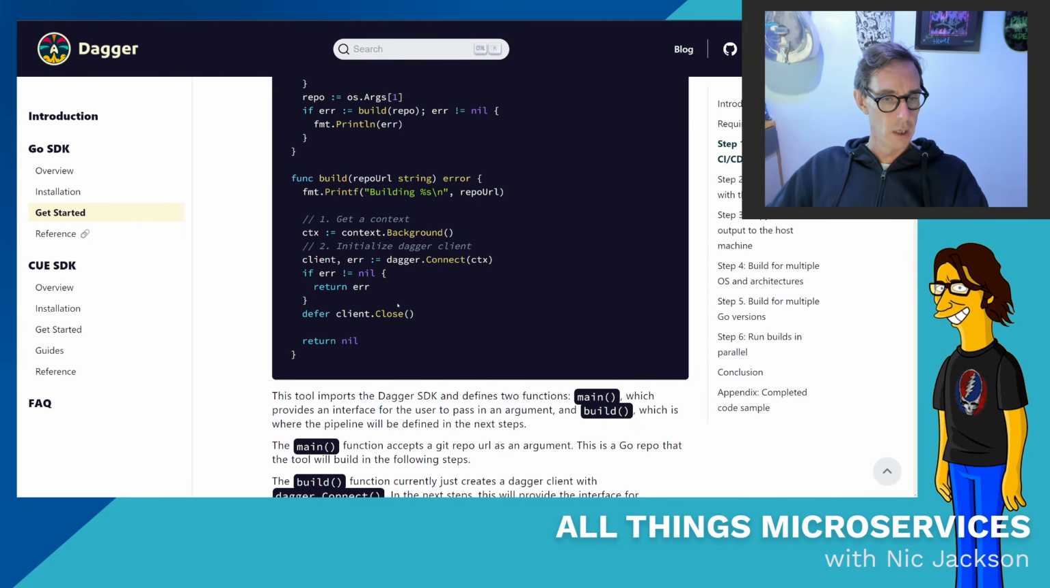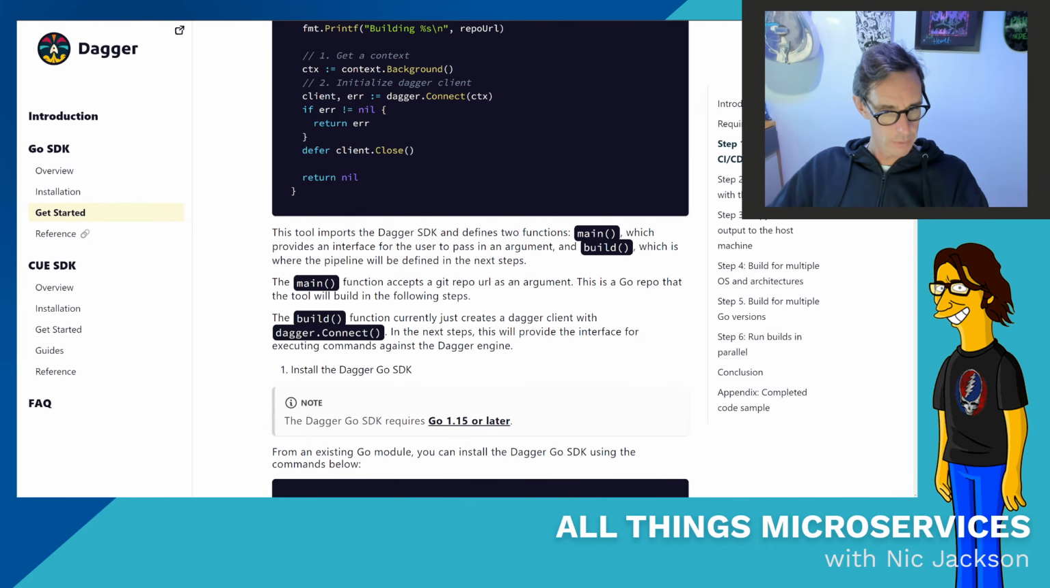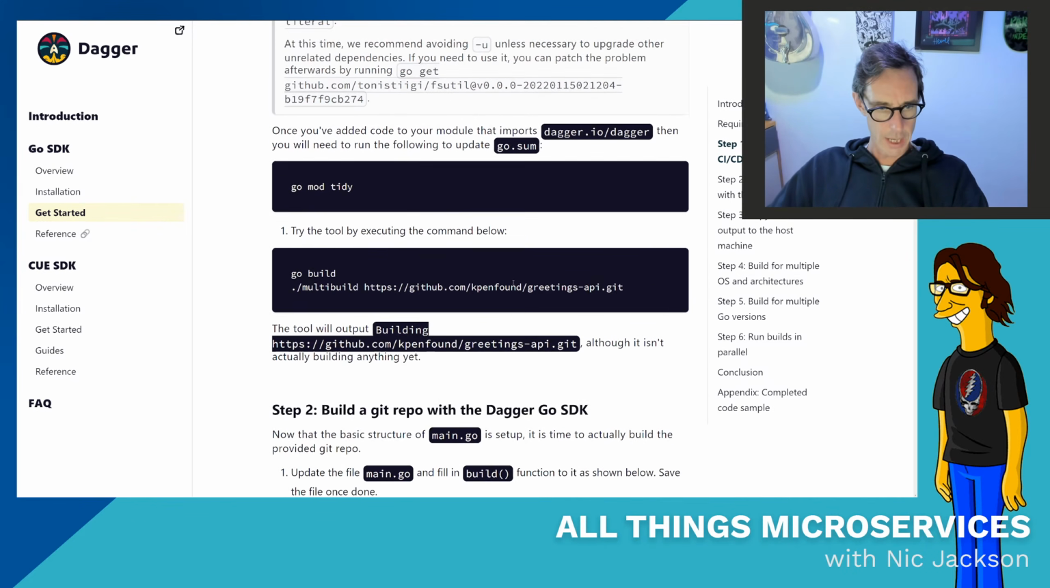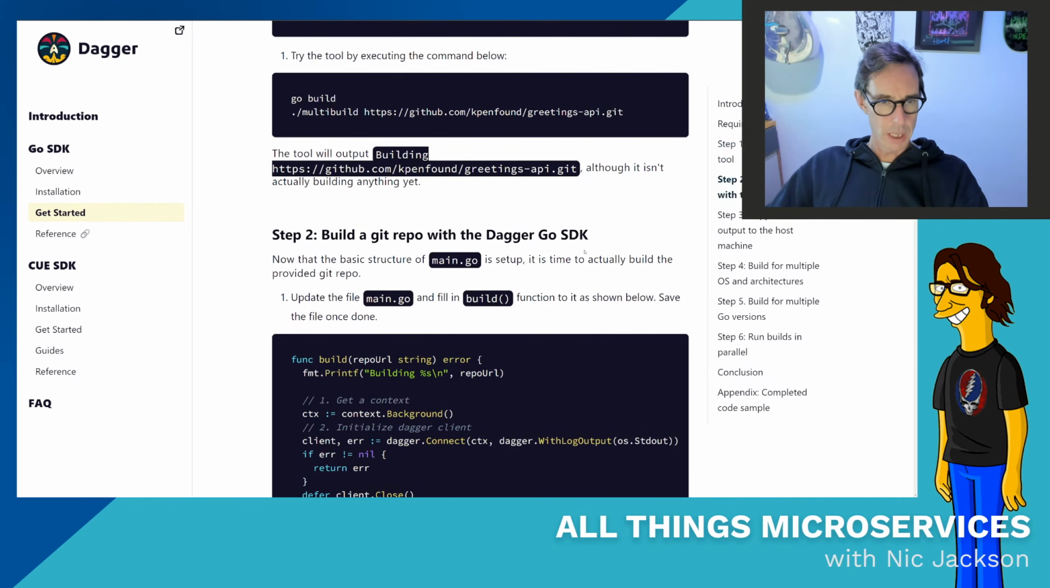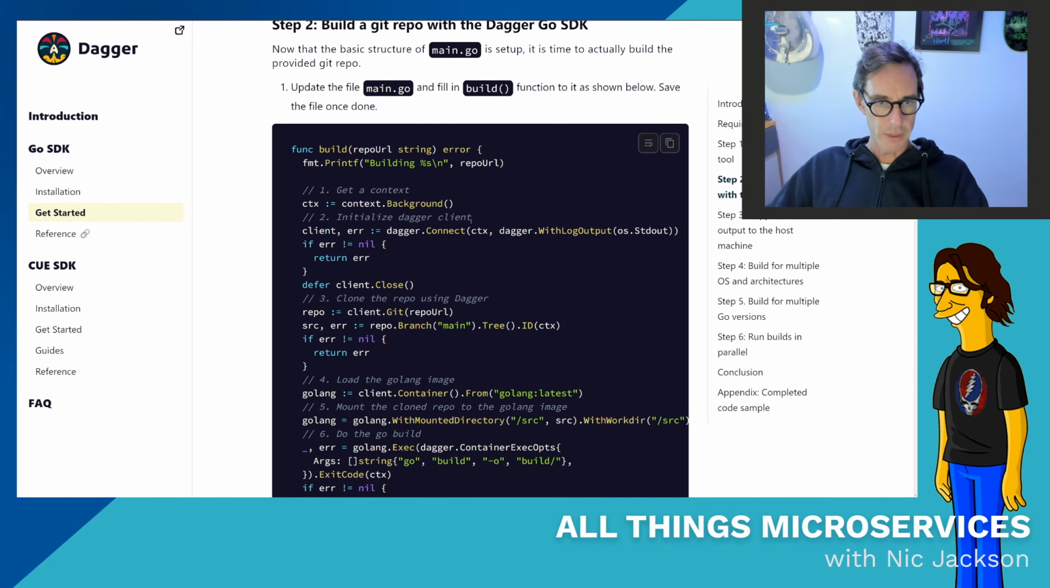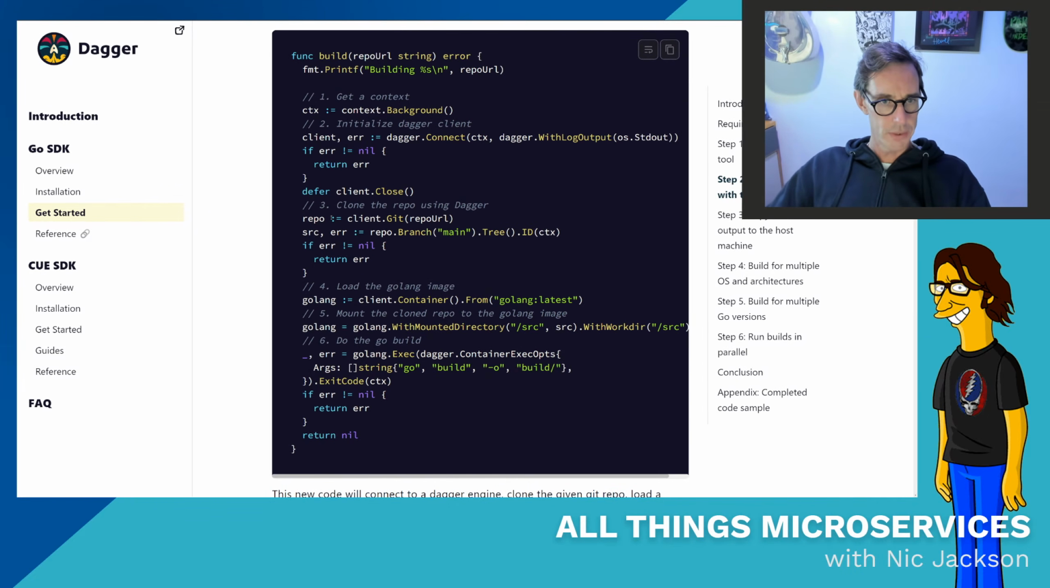Okay, then we're just returning an error and doing the defer client close to clean up after ourselves. And let's have a look down at what we've got next. And then we can build a Git repo. Now, I think this is really interesting, this approach where you can define a Git repo just using a repo URL, and Dagger will automatically pull that for you, which is kind of nice. What I am going to do is, I don't have a Git repo, not yet,